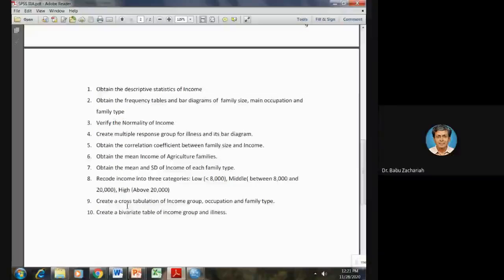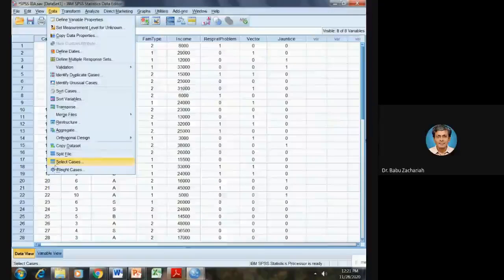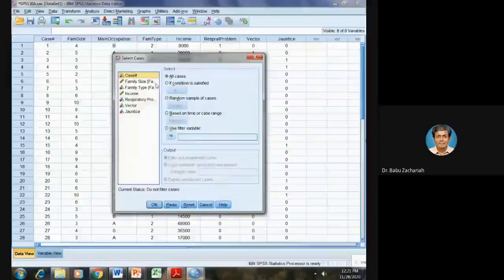Obtain the mean income of agriculture families. Mean income of agriculture families. So I have to separate the agriculture families. So how do we do it? You can go to data, select cases, and if condition satisfied,